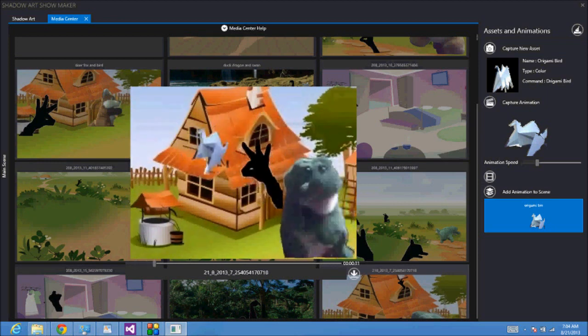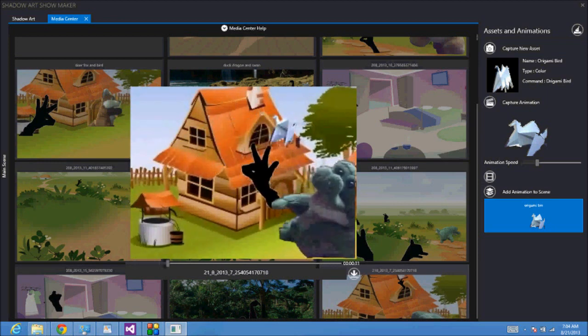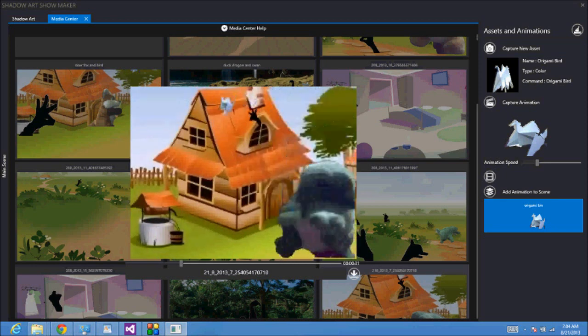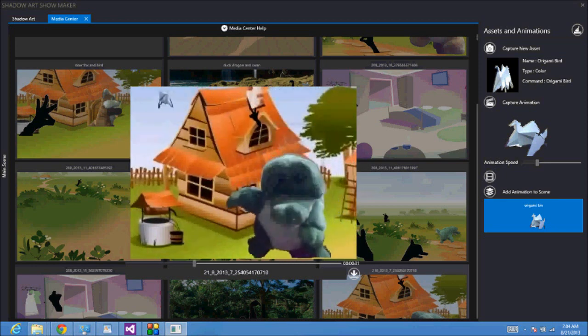This is a movie making mode. I'm a crocodile. This is a deer, and this one is a